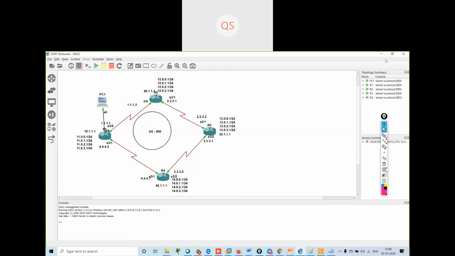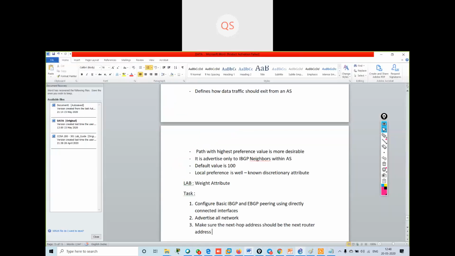Sir, the local preference is used when the autonomous system has more than two exit paths. Yes. But if you go and verify over here, where I have configured the weight, I have a single router over here.